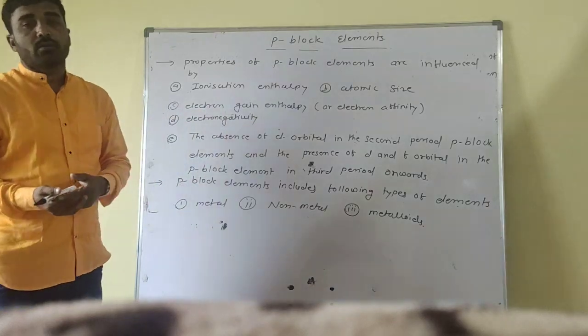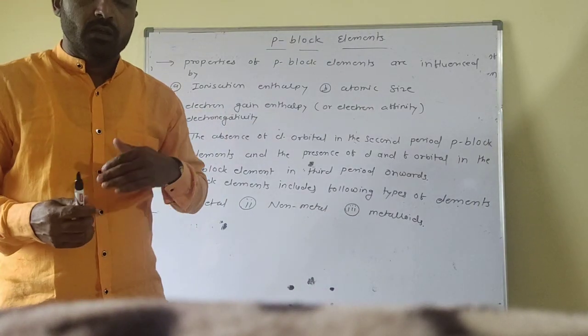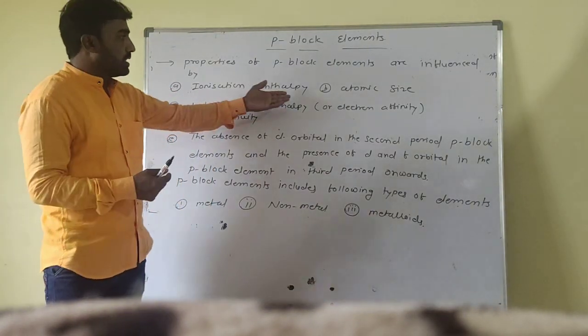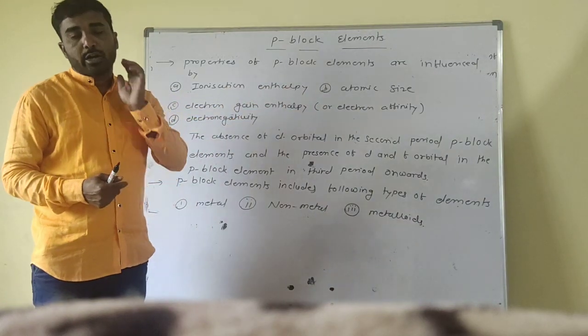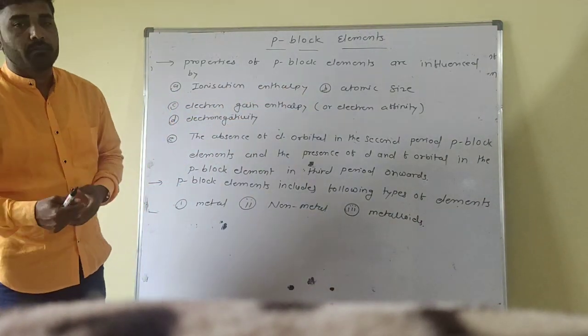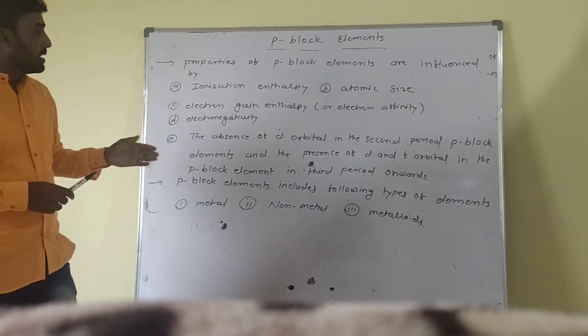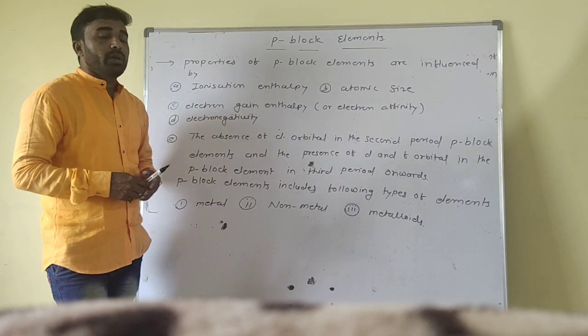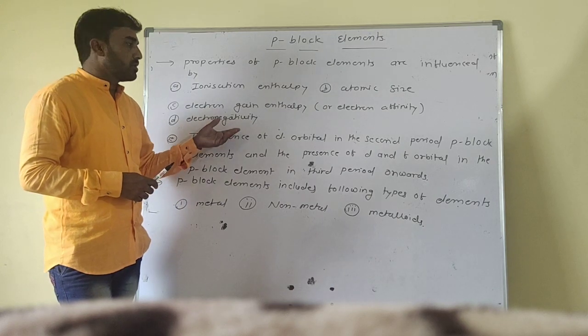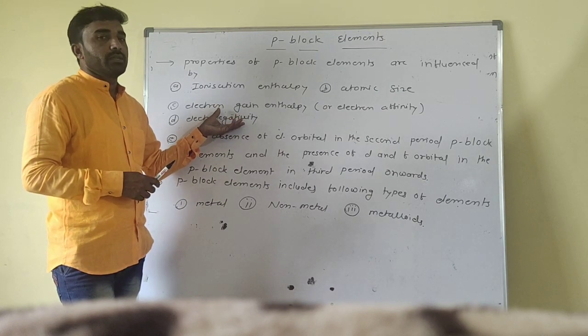That's why this energy is called ionization energy. Another point is atomic size. Atomic size depends upon the atomic number. Increase the atomic number, and the atomic size also increases. Now electron gain enthalpy or electron affinity is also discussed as a point of p block elements, in a detailed